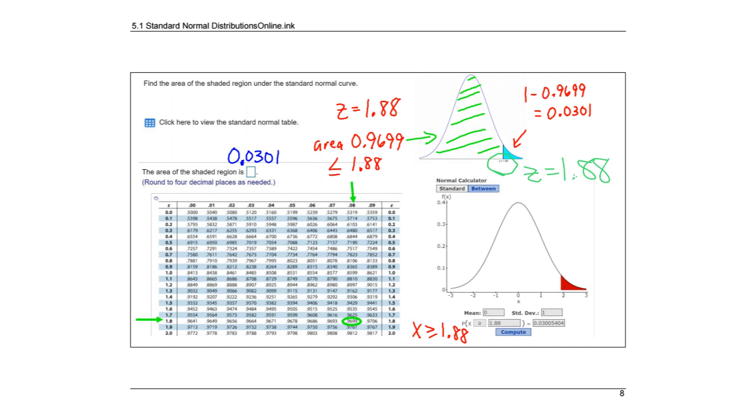Okay, so I'm going to go into Stat Calculator Normal. I'm going to come down. I'm going to make sure my mean is 0. My standard deviation is 1. I'm going to head to the right because that's what my picture told me. And then I'm going to put in the 1.88. So my graph from StatCrunch should look like the graph in the problem. And then it will give me the answer. So it gives me